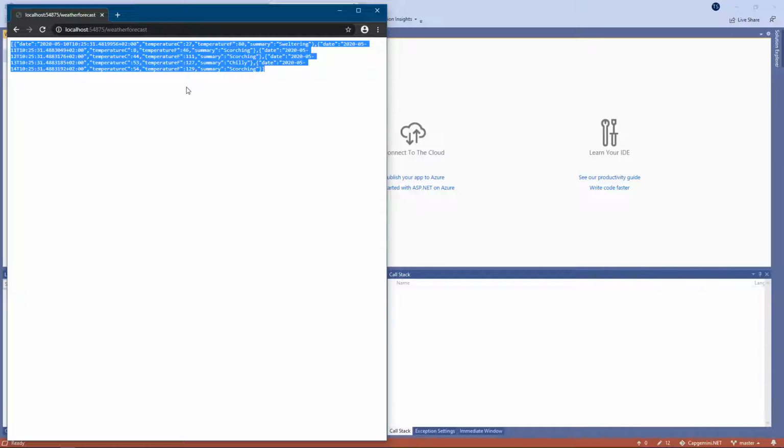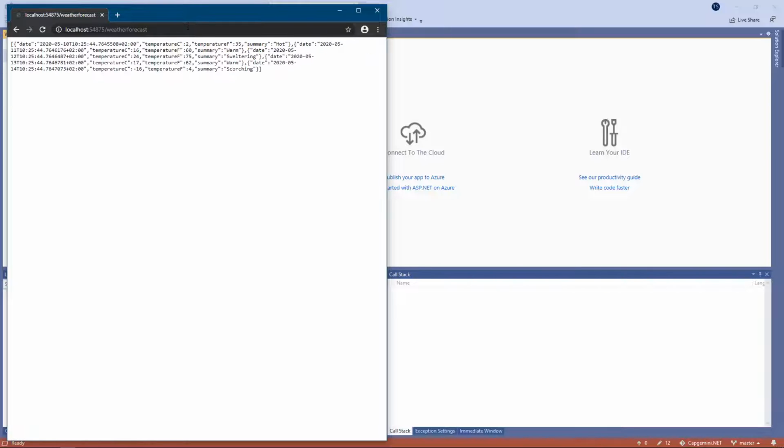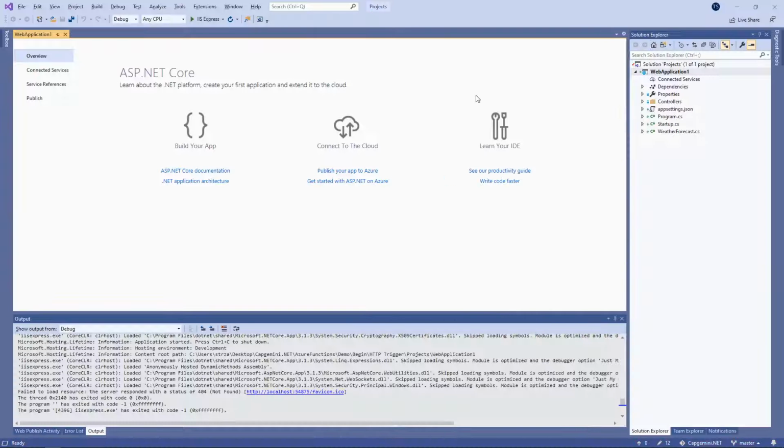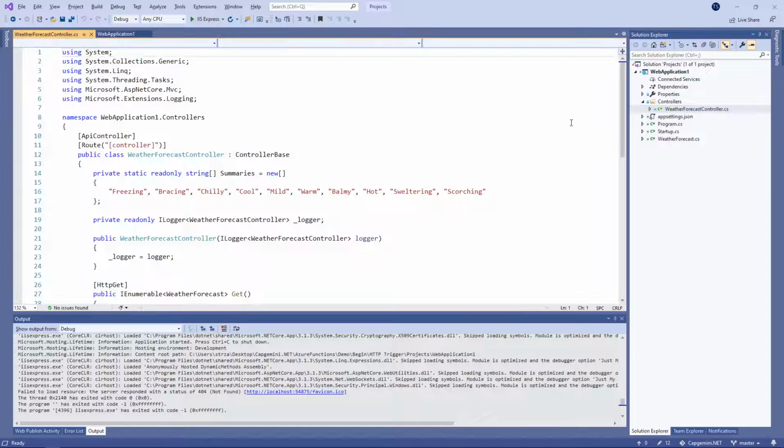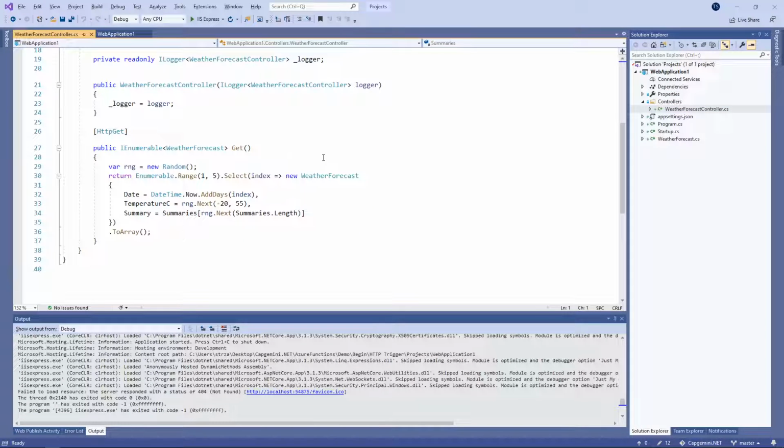So this is basically some random generated data from our application. We can just go there to the controllers, weather forecast controller, and as we can see on a get request, all we will get is some random values of temperature, and we are going to get 5 elements of those. So